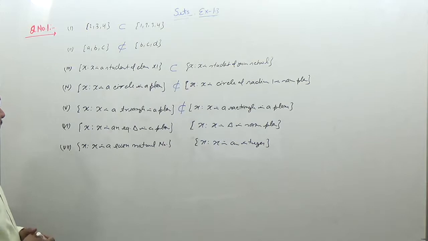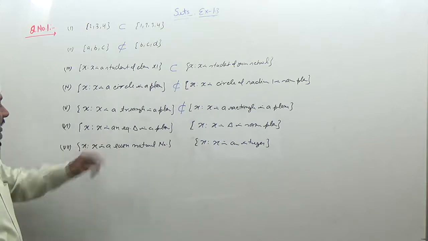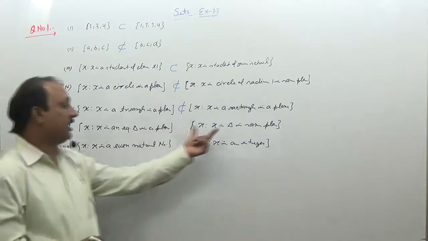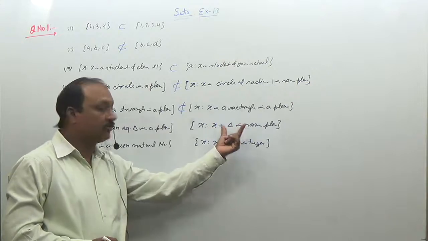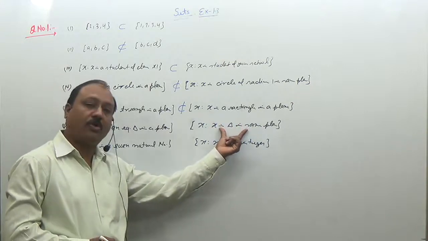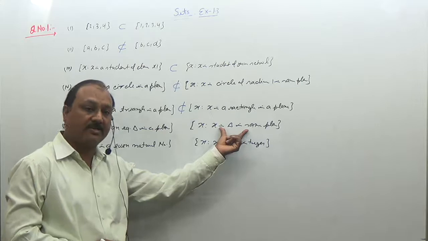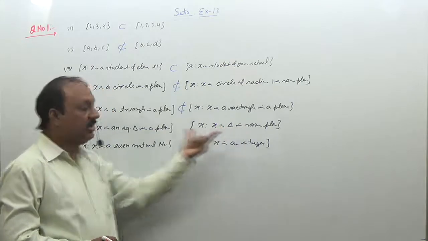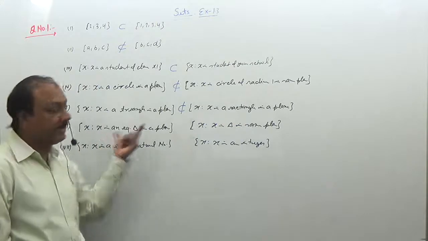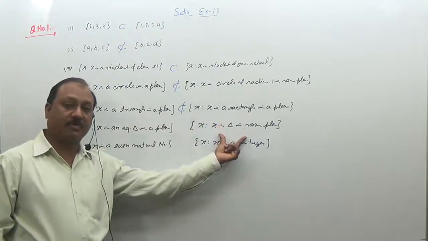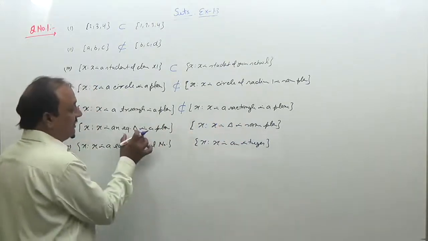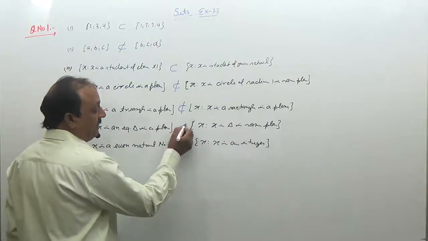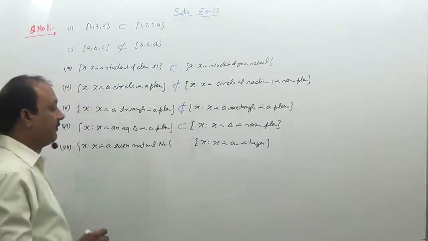And sixth part is x says that x is an equilateral triangle in a plane or x is a triangle in a plane. So this one is the set of all types of triangles. So all equilateral triangles also lie in this set. इसमें particularly equilateral triangle है, इसमें सारे ट्राइंगल पॉसिबल है, तो ऑब्वियसली है कि इसके सारे इक्विलेटरल ट्राइंगल इसमें भी एप्लीकेबल है, तो दिस वन इज द सबसेट.